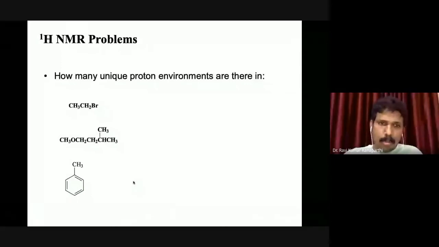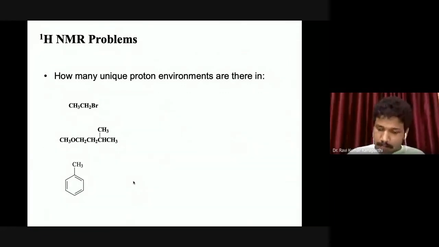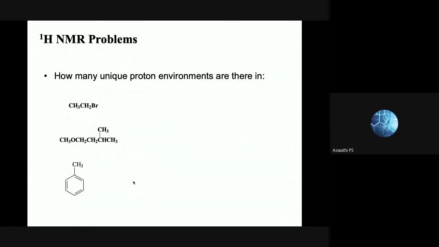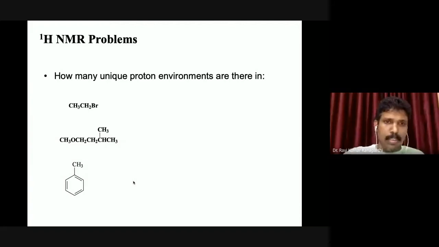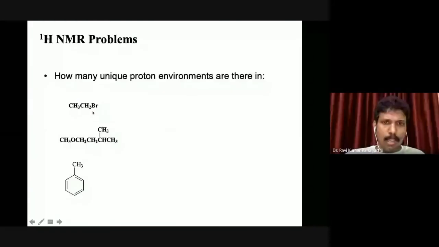Okay, so can you tell me, maybe row number 7? Who is row number 7? I'll be asking, you have to answer. Hello, ethyl bromide. Ashwati, sir. Is it Ashwini? Ashwati. Hello, Ashwati. Tell me, how many? Very simple. Tell me, how many signals we can get? Sir, it is 2 peaks. 2. It is a very straightforward question.